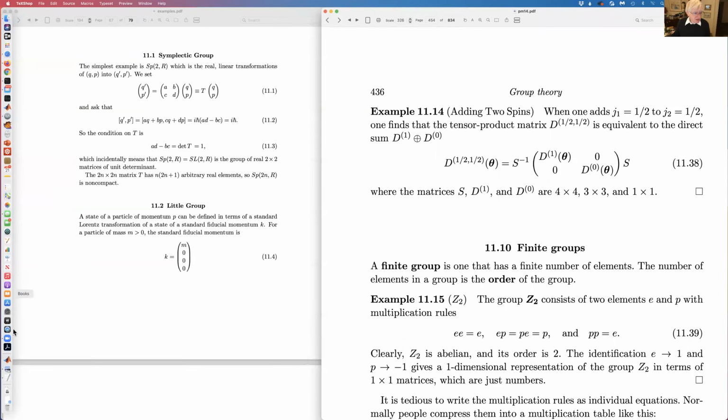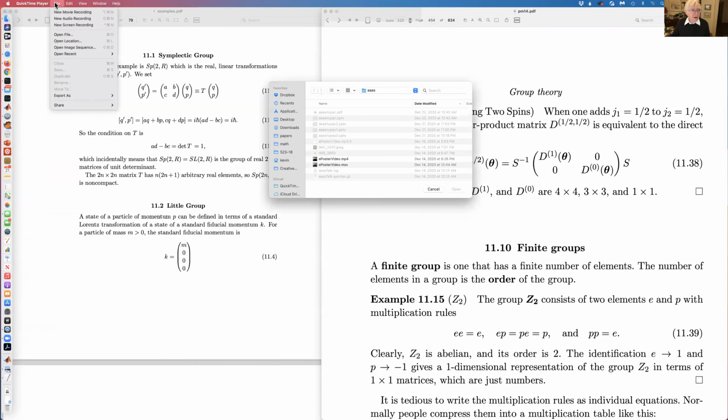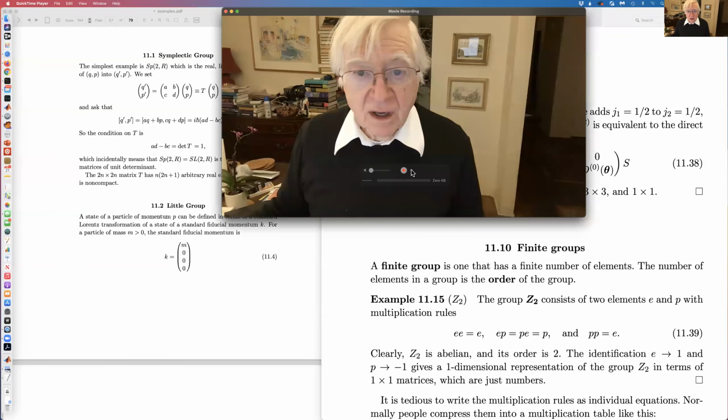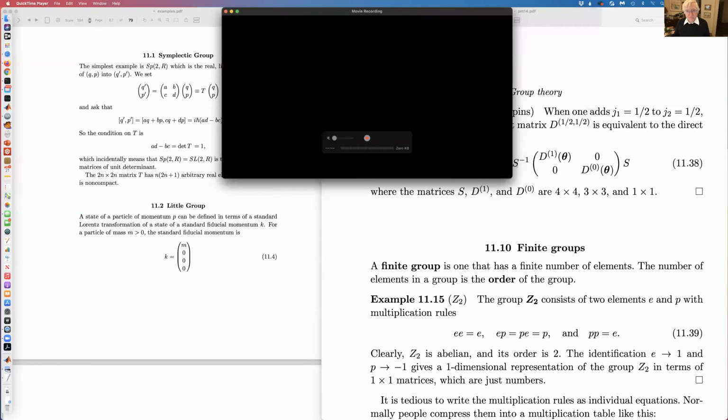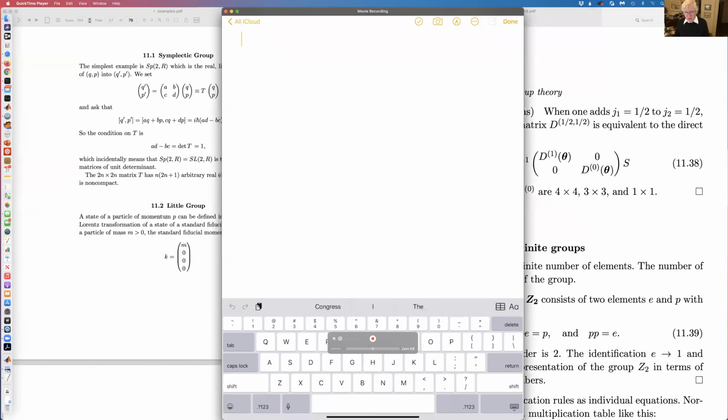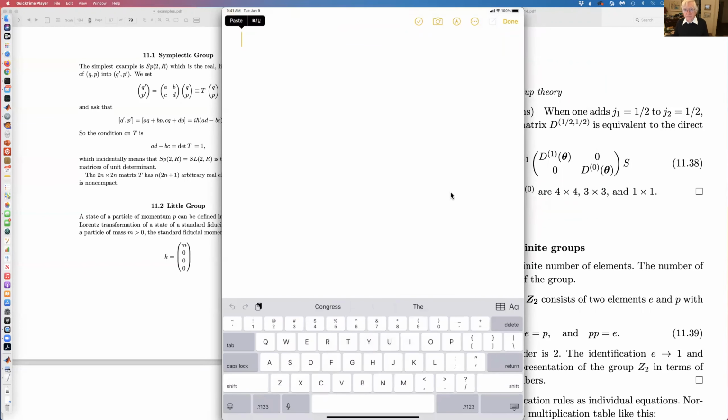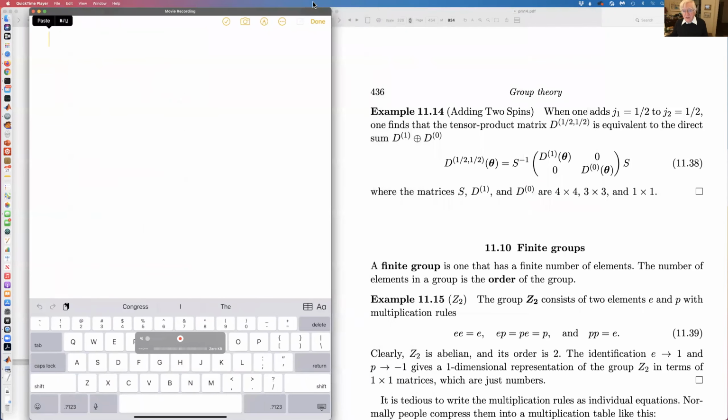Maybe I'll just start this over again. Okay, so let's see. Now I forgot what it is that I wanted to write, but in general, if you have a